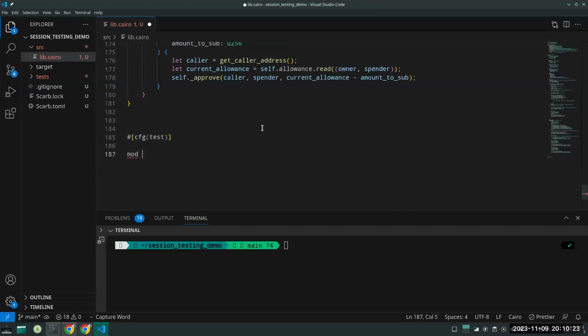And then remove this. Let's see, ERC-20. Yeah, so basically we need to create helper functions for deployment, which is going to be